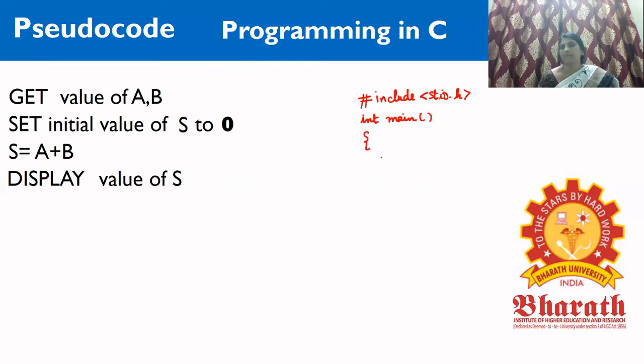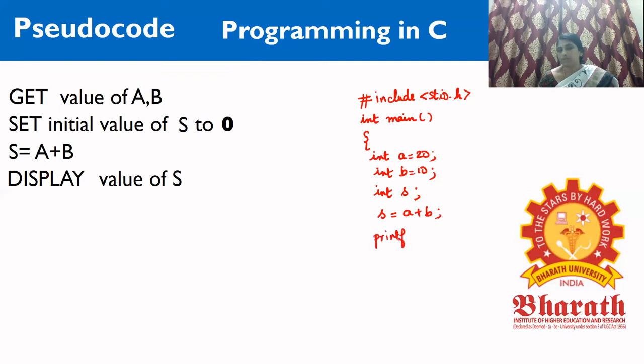So we create a main function for it, and we create variables in order to get the numbers. Say int a is equal to 20, then int b is equal to 10, and we initialize another variable s, and we do s is equal to a plus b,